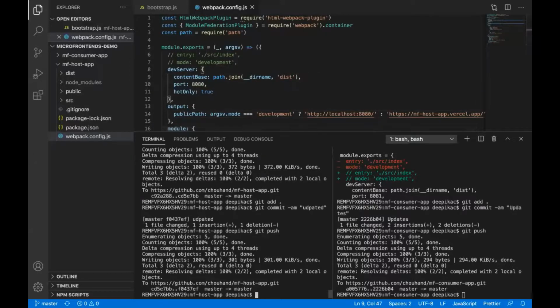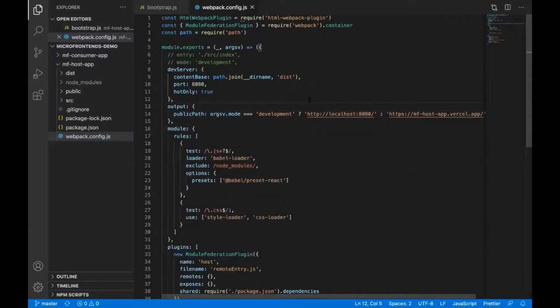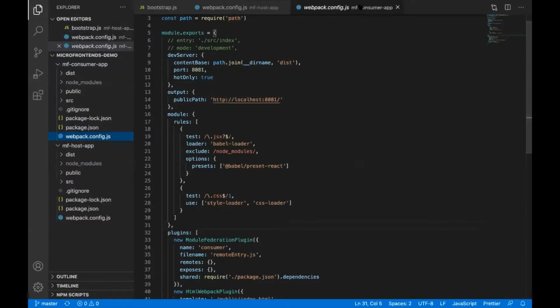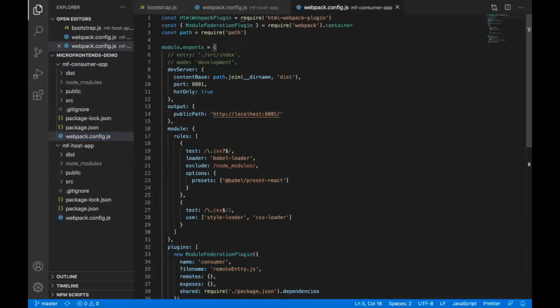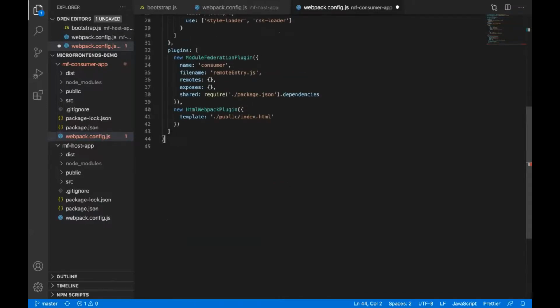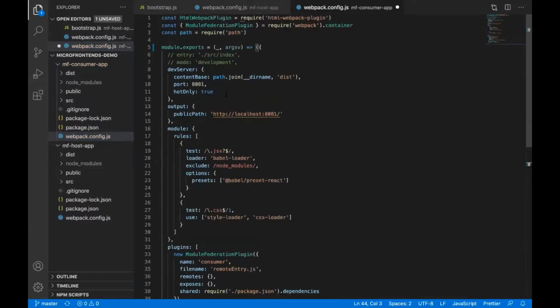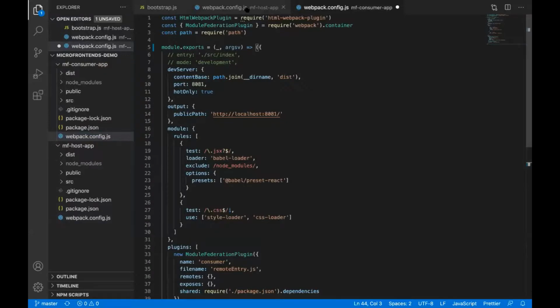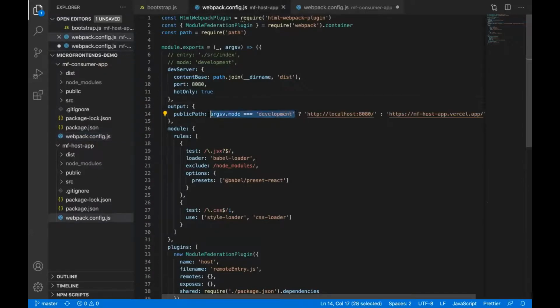Let's close this one. The same way, I'm going to make the consumer application's webpack also a function. Second argument is argv, and make it a function. So let's copy this one.